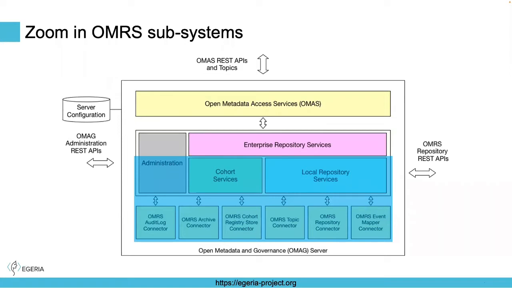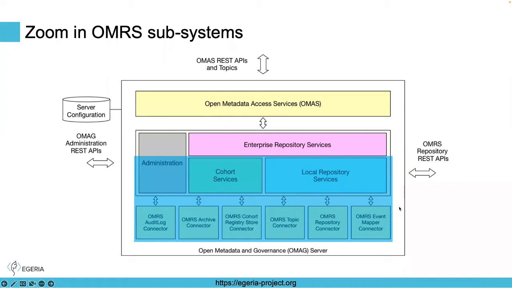the connection towards the third-party technology always goes with the connectors. So that's why I want to focus on parts of this that are key to implementing a repository proxy. Those two yellow boxes on the right. So first and most important is the repository connector itself. This is the standard interface that each and every repository should implement to expose metadata in a standard way. And then next to it is what we call the event mapper.